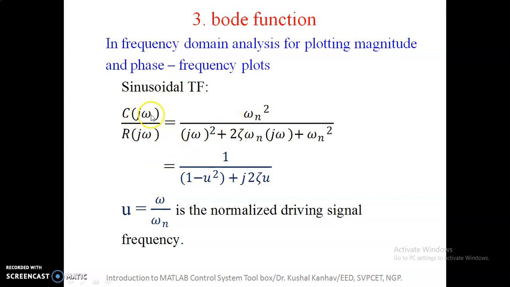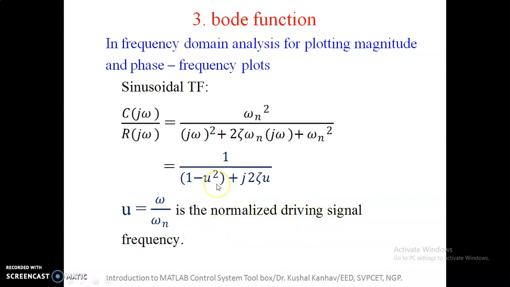So you can see that the s is replaced by j omega, C of j omega upon R of j omega. So you are finding the function is represented in terms of sinusoidal transfer function. And this is the standard representation of this function, 1 upon 1 minus u square plus 2 j zeta u, where u is omega by omega n. It is called the normalized driving frequency.